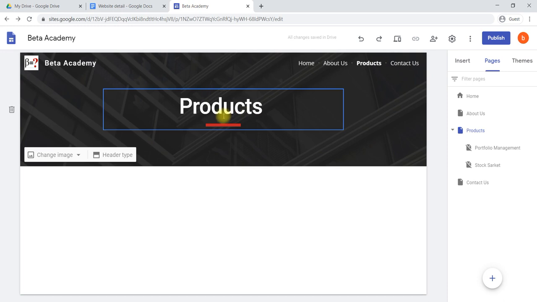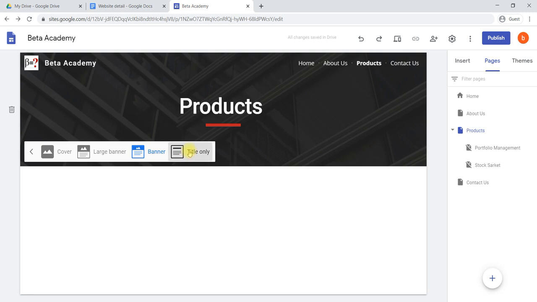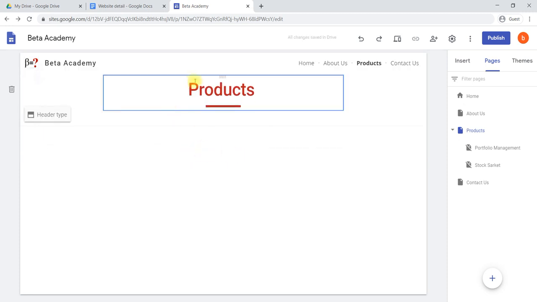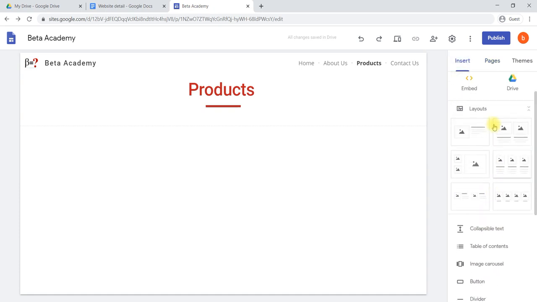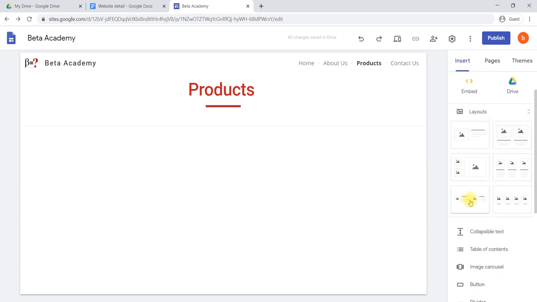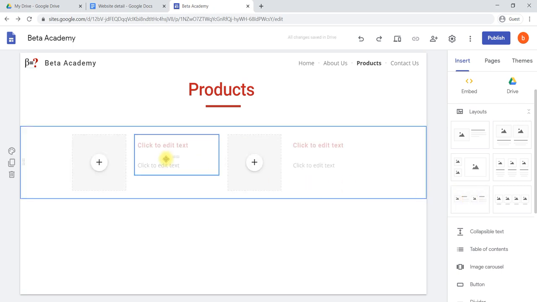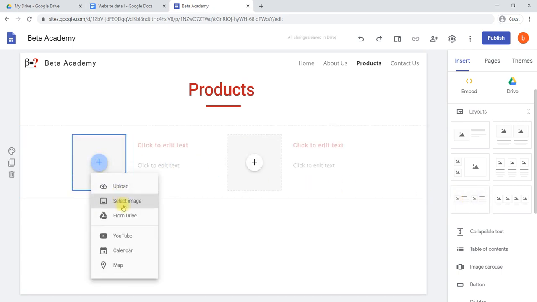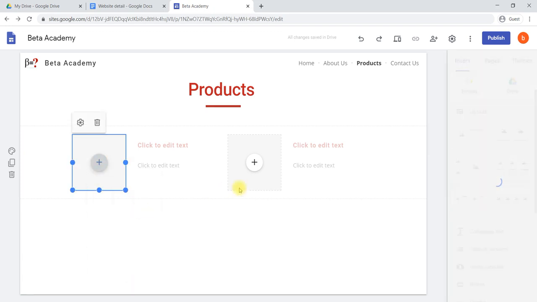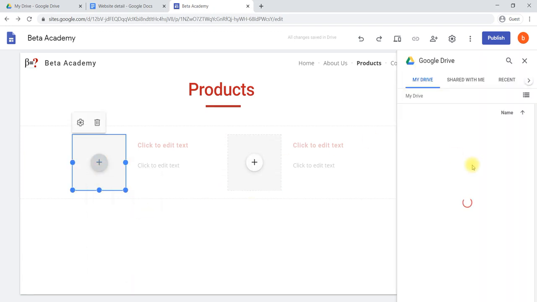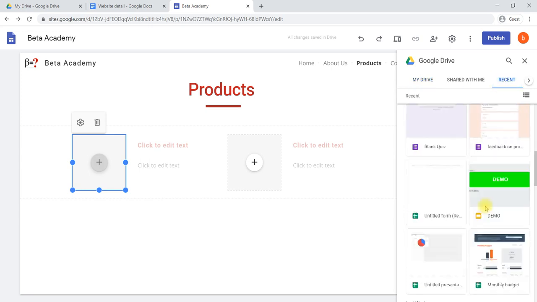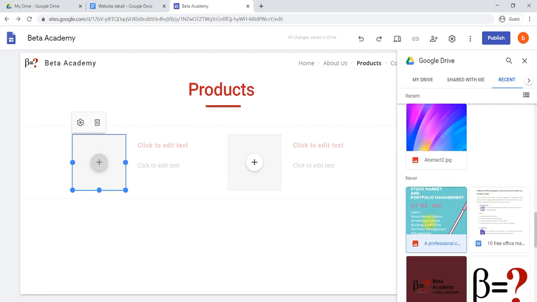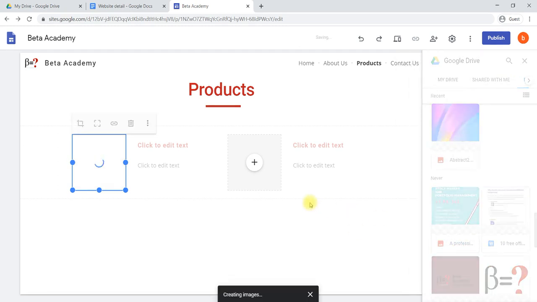If you think the product section is blank, what we can do is change it to title only. Then we add two images. We'll consider a layout and select this particular layout. Here we add one, select from drive. Here one product will be selected.